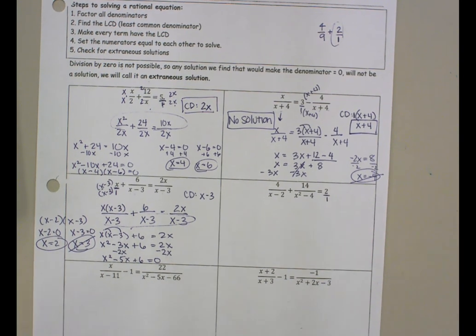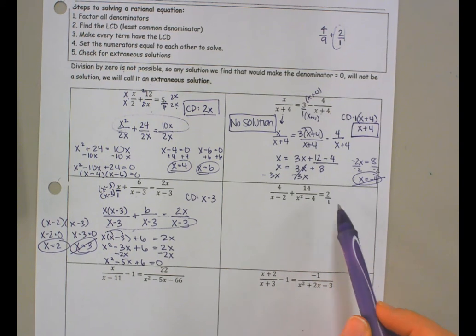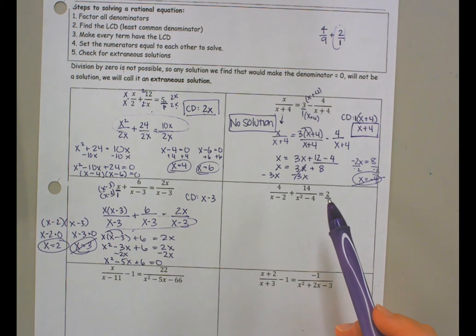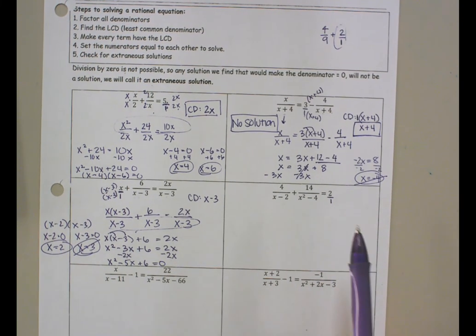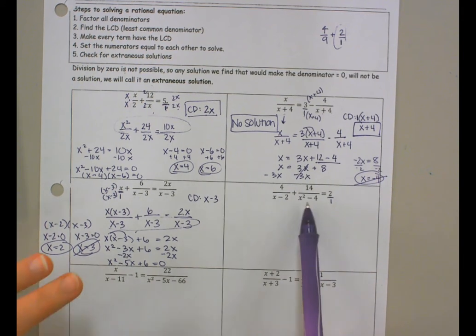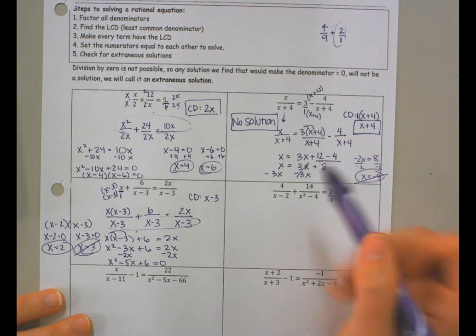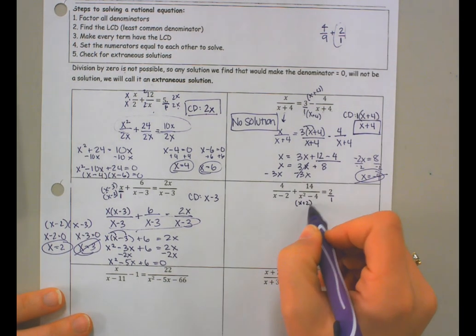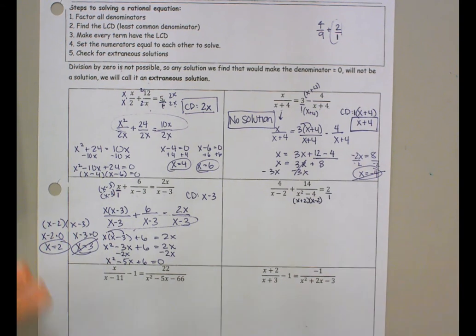If I'm going to have them all have a common denominator, that means that they all have to have a denominator. I can't ignore the fact that this doesn't have a denominator and just set the top equal to 2, because it doesn't have the common denominator right now. So if I factor this, x squared minus 4 factors to x plus 2 times x minus 2. So then if I think about my common